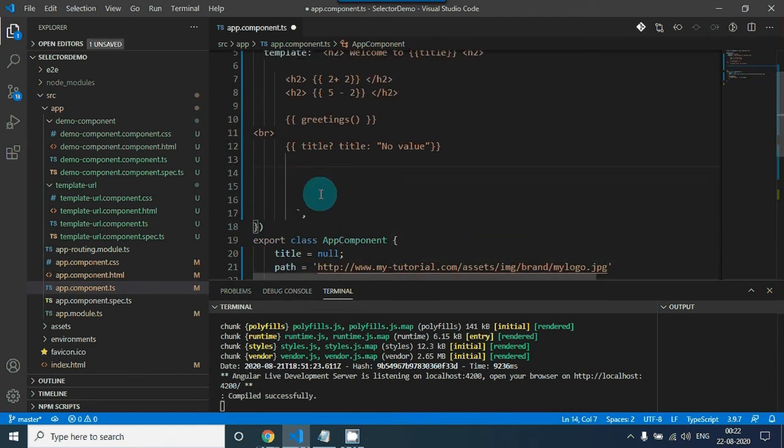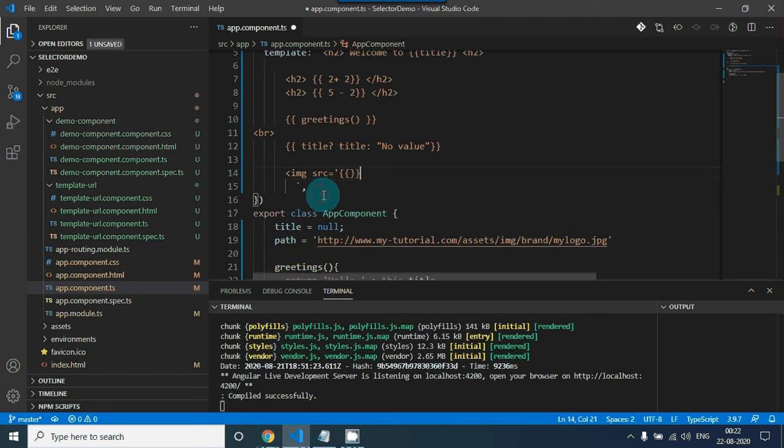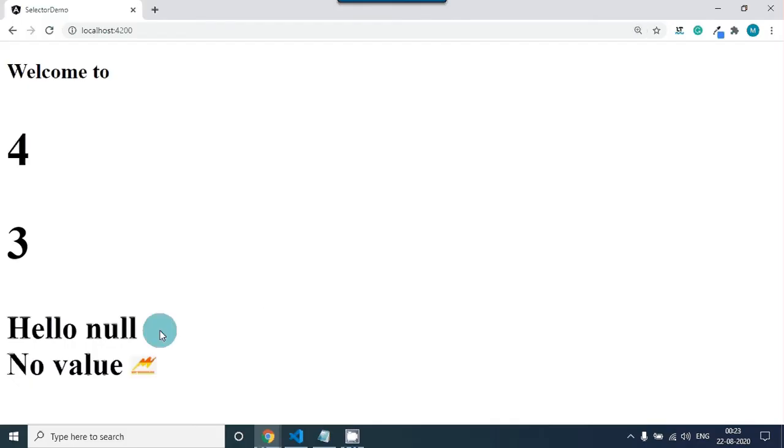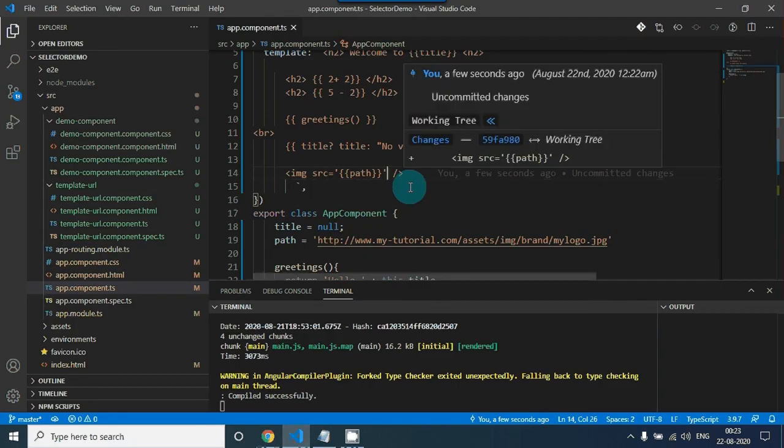And for displaying the image, I will use the image tag, img src equal to, remember in single or double quotes, I will use interpolation and will give the name of this property. And will close this image tag. Save this file and come to the browser. Now you can see that we are able to see the image on the screen. So this is how you can bind an image.